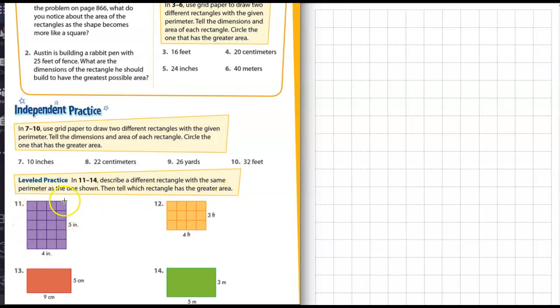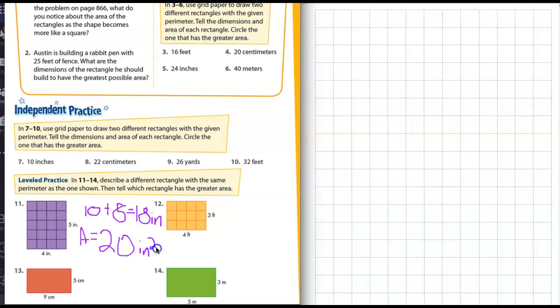So if I look at this one, I see that I have 5 plus 5, which is 10. And I have 4 plus 4, which is 8. So the perimeter of this rectangle is 18 inches. And the area, let's see, the area is 4, 8, 12, 16, 20, because 5 times 4 is 20. So the area is 20 inches